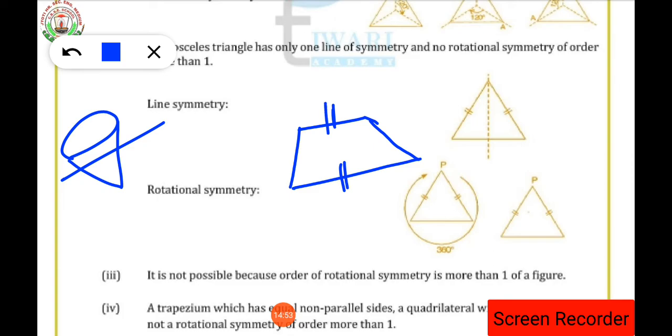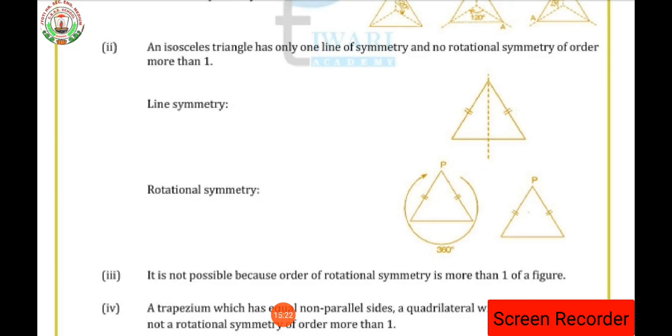So a trapezium which has equal non-parallel sides: of course these are parallel, but their side measurements are different. They are parallel but their side measurements will be different. It does not have rotational symmetry of order more than 1. Clear, student? So this is the question for exercise